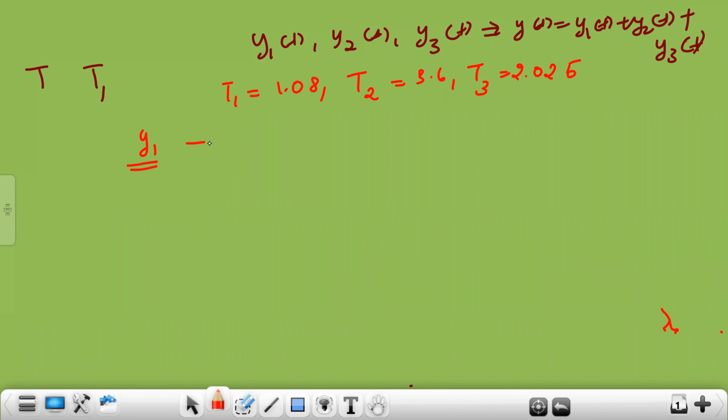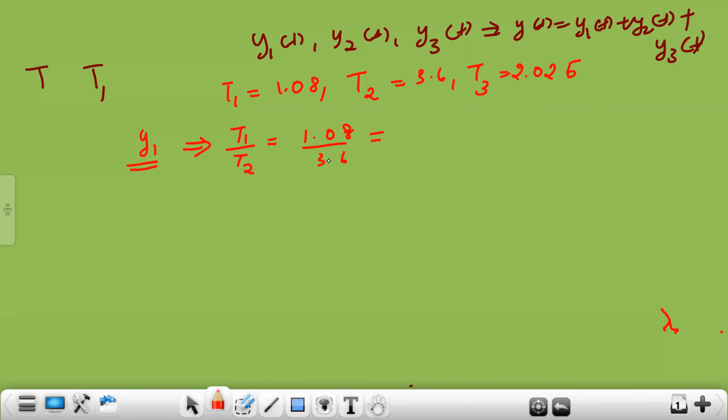So first we are going to find the ratio of T1 by T2. What is the ratio of T1 by T2? 1.08 divided by 3.6. You convert this into a fraction. By using a calculator, we can directly convert it into a fraction. No need for simplification and wasting your time. You know how to convert decimals into fractions in your calculator. By using your scientific calculator, you have a provision. So after this class, if you don't know, just try to find out.